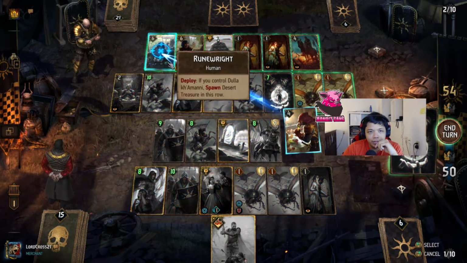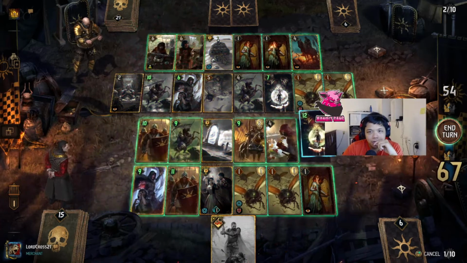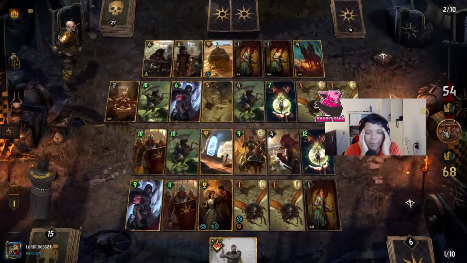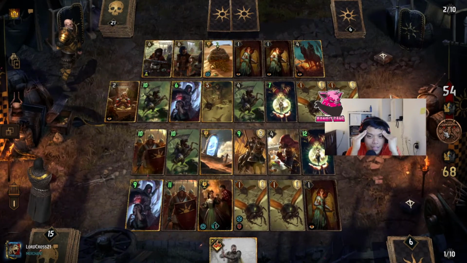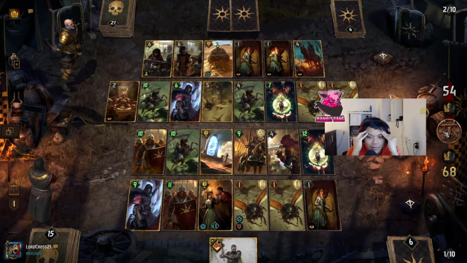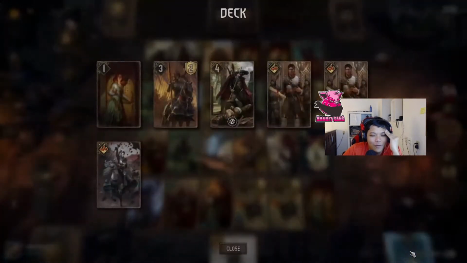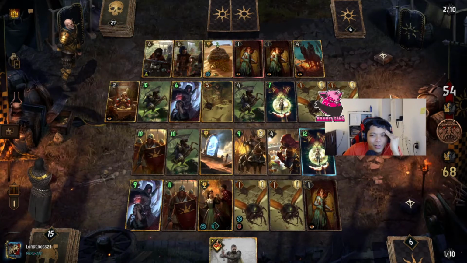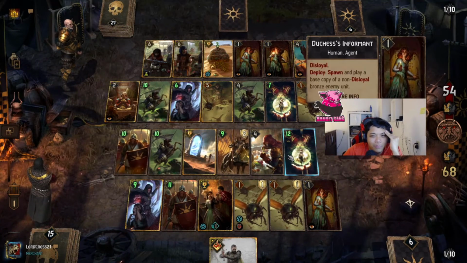That's unfortunate. I'm afraid that if he has Defender, there's nothing I can do about it. I mean, I have no more golds in my deck, so that means Roderick's kind of bricked. So maybe I should have actually put Joaquin in the front row. But I didn't know if I was gonna...